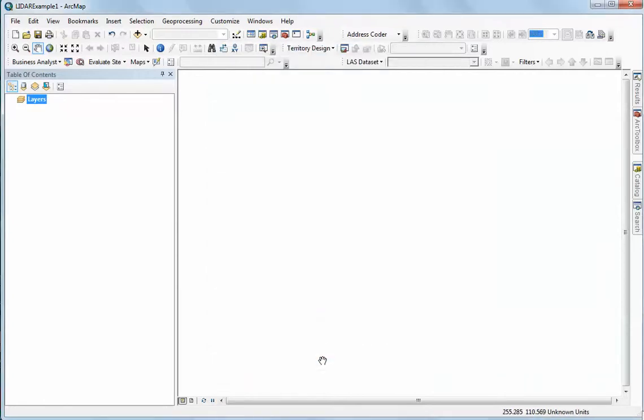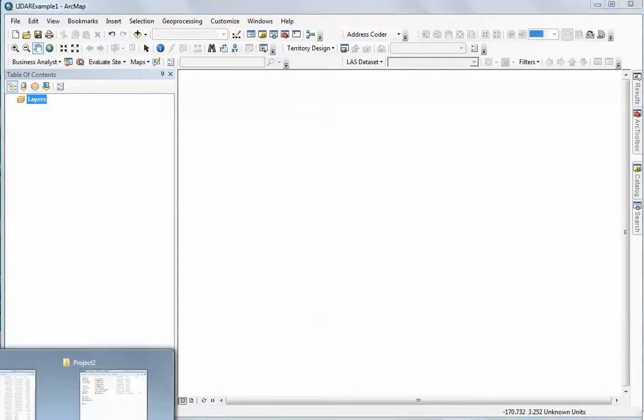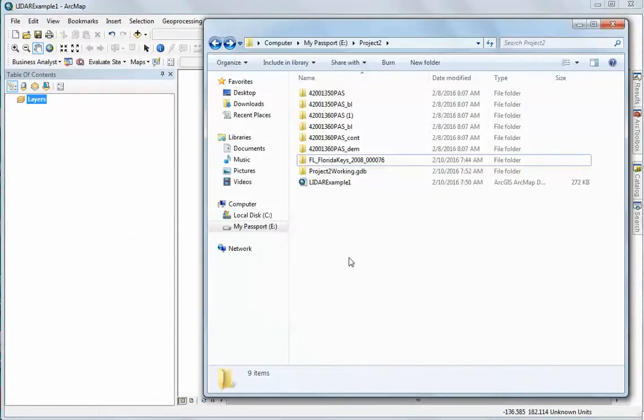The next thing I want to point out is the characteristics of what you might see when you download the data. So let me open up an example here. And so what I have, you'll notice here, is the map document that I'm working in. I have my working directory right here, project 2. But then what you'll notice is two different ways that we might see LIDAR data sets. In the state of Pennsylvania, we actually would have a series of files associated with them. So in this case, the tile ID is